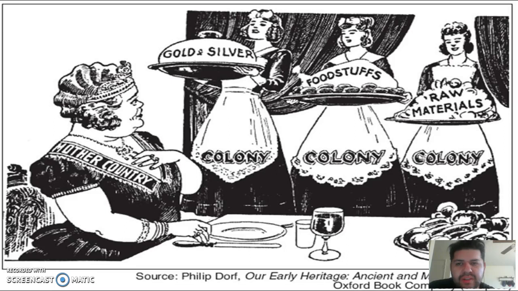Now, once you're finished, the second part of the question is this. What do you think is going on? What is this artist trying to say? So this particular political cartoon has words in it to represent people, so look through it, analyze it, and then write down what you think each one means.